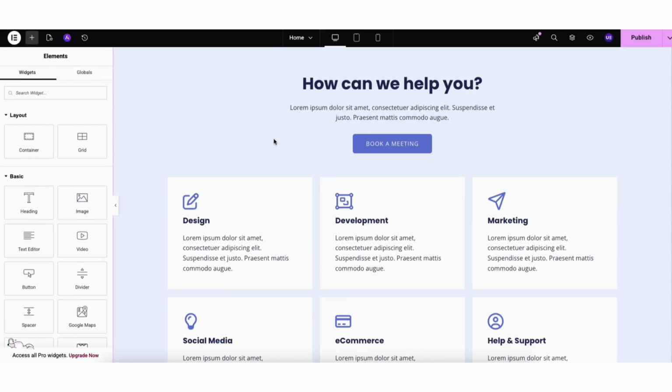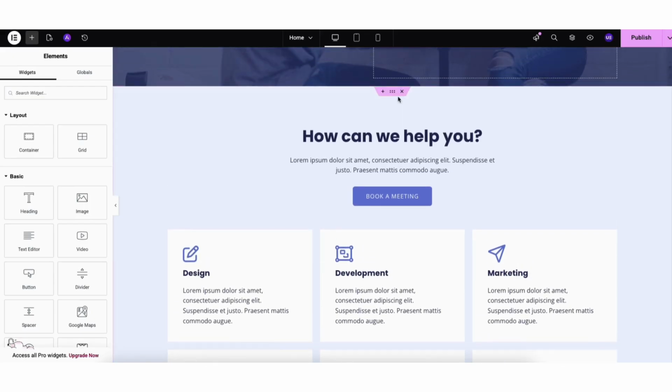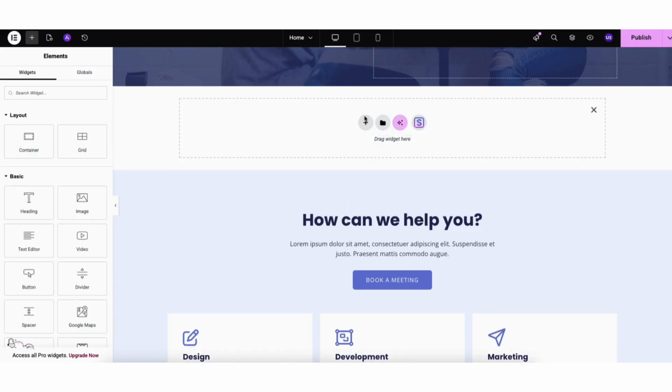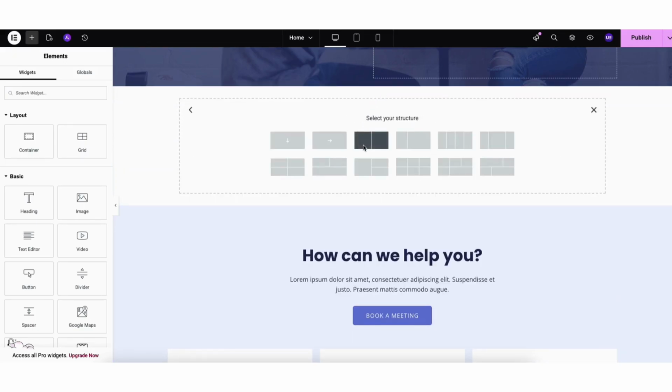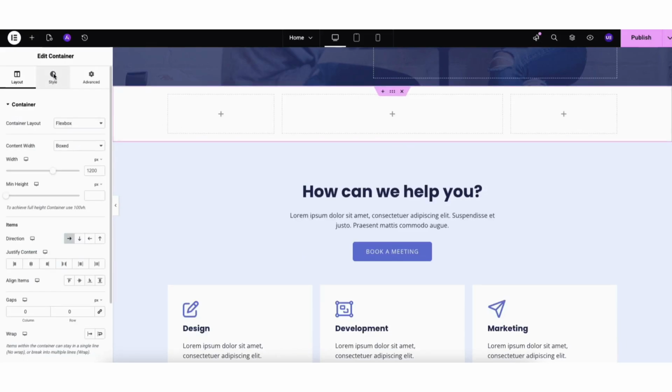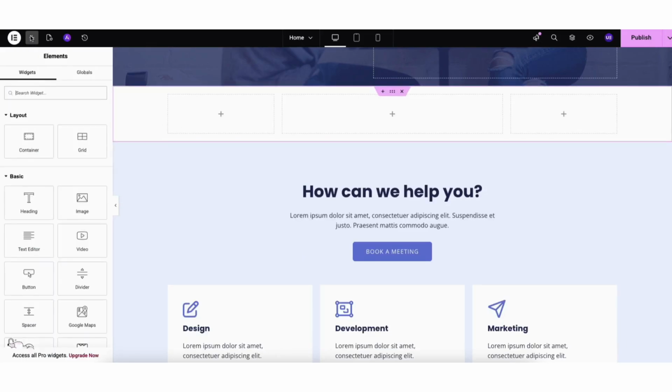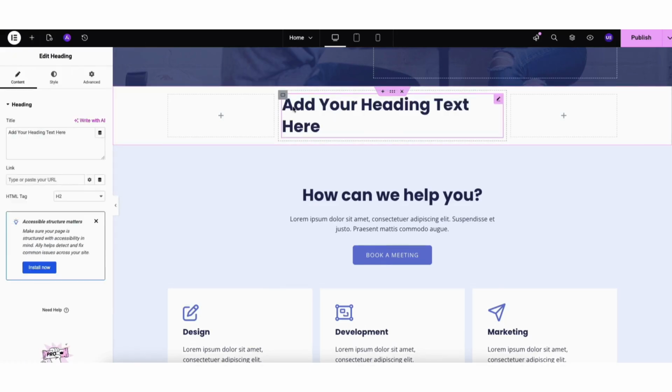If you want to add a completely new section to your page, scroll to where you want to add the new section. Hover over the section and click the plus icon. Click the plus icon again to add a new section. Choose Flexbox, then select the layout structure you'd like to use for this section. Now you have a brand new section. From here, you can drag any element into it and build out new content,